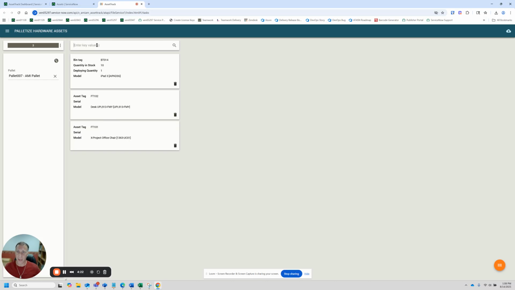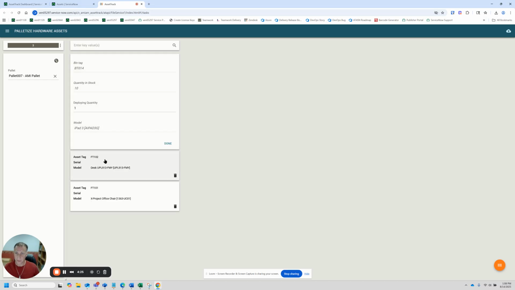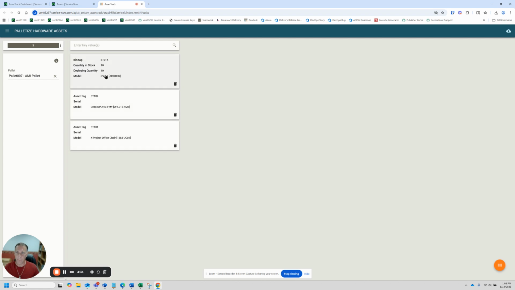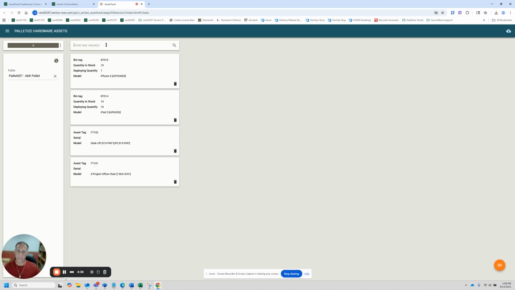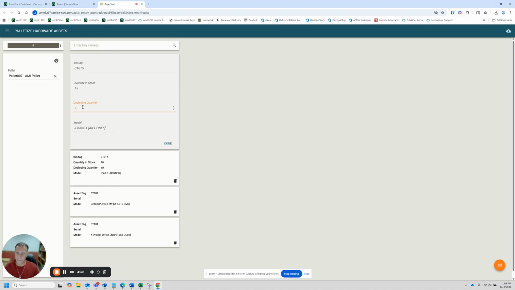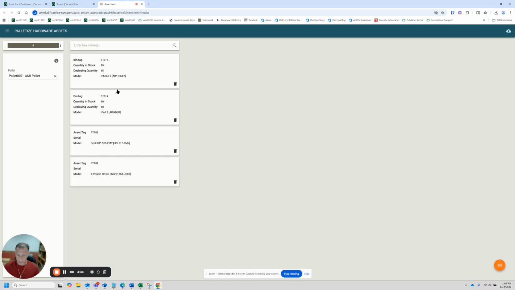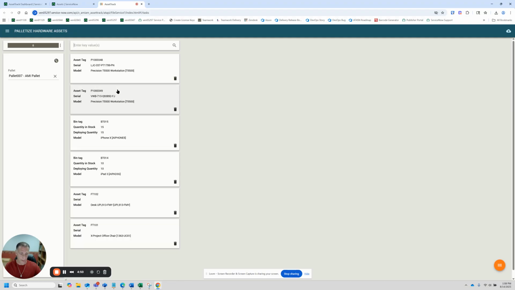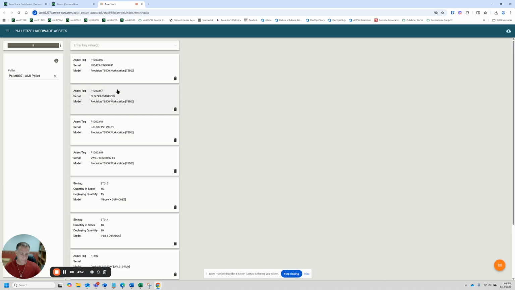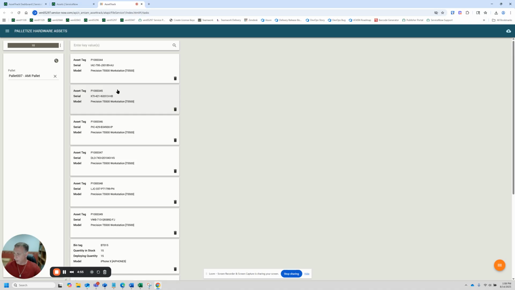So we're going to take the quantity that we've got there, the quantity in stock. I'm going to move all 10 of them and associate all 10 of them to this pallet. And that's bin 14. Then there's going to be bin tag 15, so I'm going to take all 15 of them. So we're moving everything that showed up at the dock. Now I have to scan my hardware assets individually, because they're not bundled like a consumable. And there we go. So we just added 25, 27, 33 assets